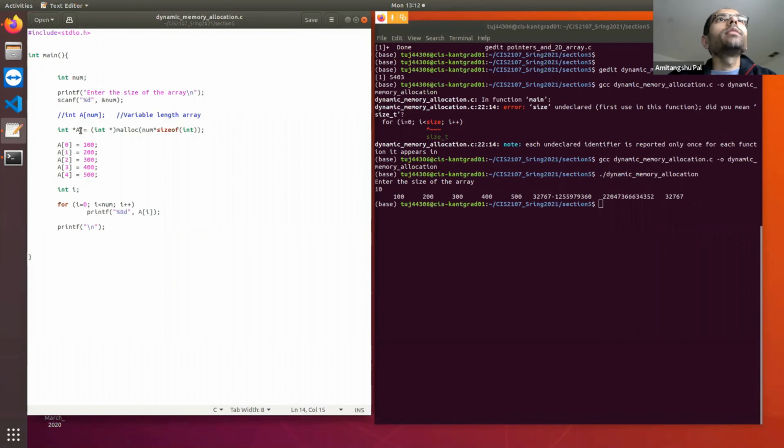So A is an integer pointer which is going to store the starting address of the memory location that has been allocated by malloc.